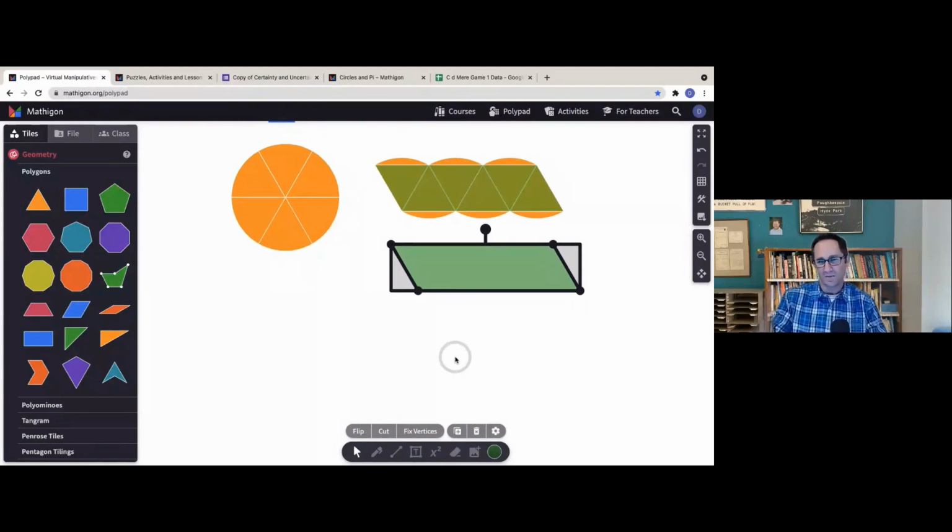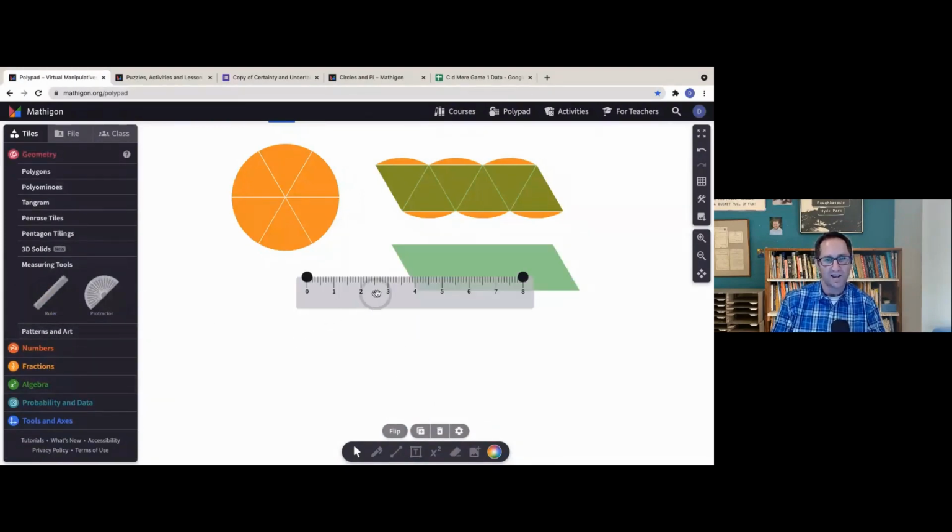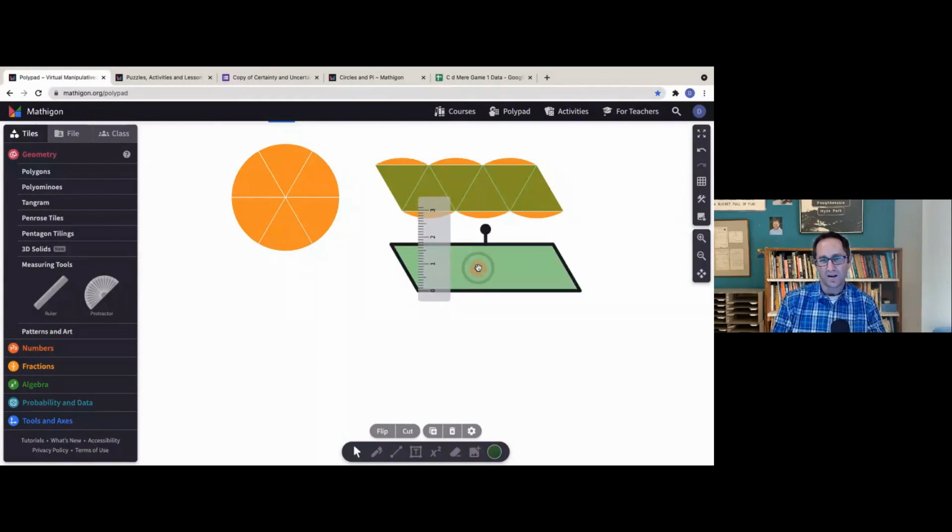And again, this was because of the foundational work that we had done around area of parallelograms, as well as the tools on Polypad. So on Polypad, what we had done, I'm going to fix the vertices here so I don't move a vertex by mistake. I fix the vertices. I'm going to go get a straight edge. Here's a ruler. It snaps to these points. It'll snap to a 90-degree angle. And I'm going to click on the polygon and cut it. So there's a cut feature down here.